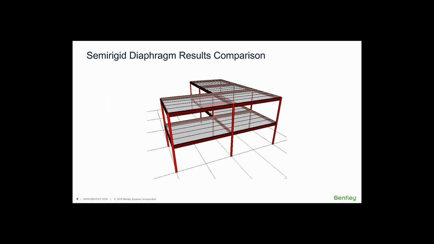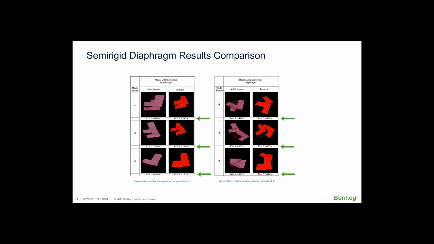I want to show the comparison for another model. This is a two-story building, and it's got semi-rigid diaphragms. So in the semi-rigid diaphragm analysis, now the floor is going to be meshed. It's going to take into account the floor properties, and what we're going to compare is the building periods to see how closely the programs compare. And in this case, I'm comparing RAMFrame and that other program. And what I want you to pay attention to there is the listing of the periods that I've pointed to